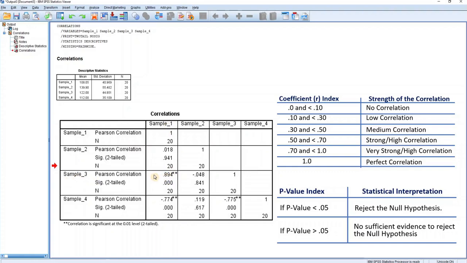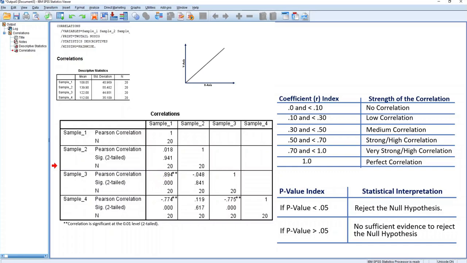Again, if you look at the index table, this coefficient falls between 0.70 and less than 1.0, and this indicates that there is a very strong linear correlation between the two samples. Since the coefficient is positive and there is a linear correlation between the variables, it means that as sample 3 increases up the scale, sample 1 simultaneously increases up the scale. So the graph will be the type that projects from the origin of the x and y axis in an